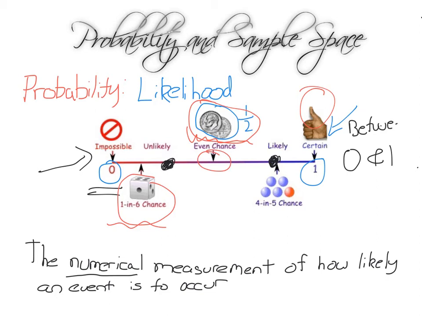If it has a probability close to 0, it's unlikely to occur. And if it has a probability close to 1, then it is likely to occur. And as I showed you on the number line, if it is an even chance of occurring, same chance of occurring as not occurring, like the coin that I showed you, then its probability is halfway between. It's a half. All right, one more thing we have to do is go through what is sample space.